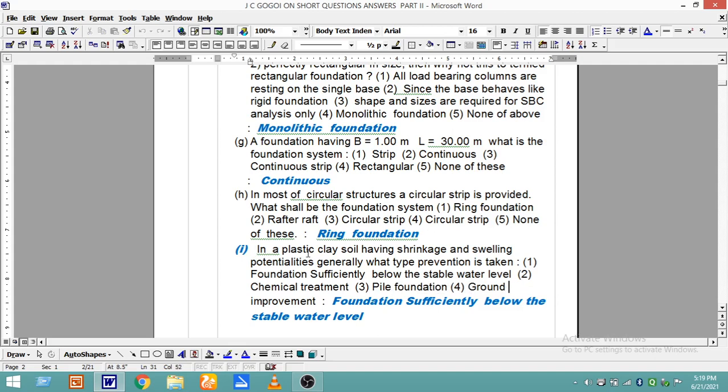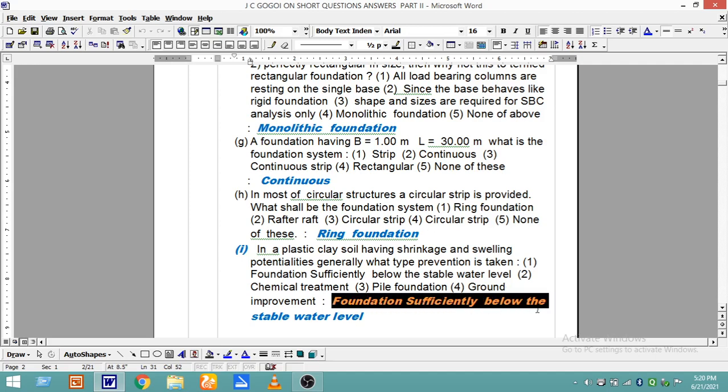If the clay is having shrinkage and swelling potentialities, then the best option is foundation to be provided sufficiently below